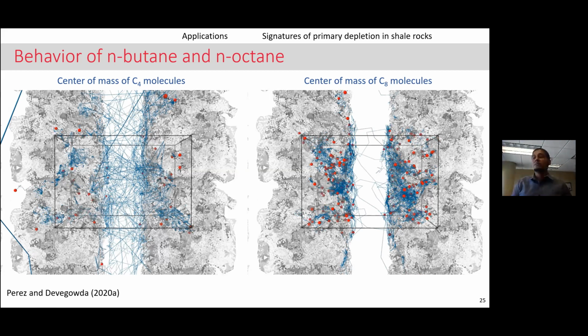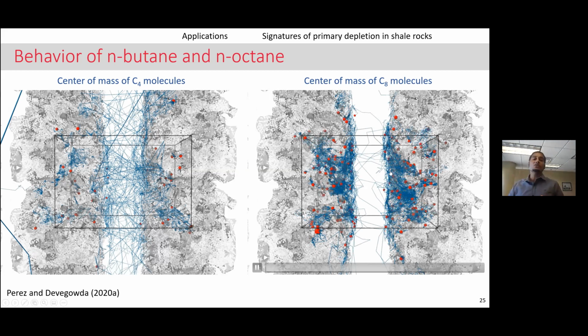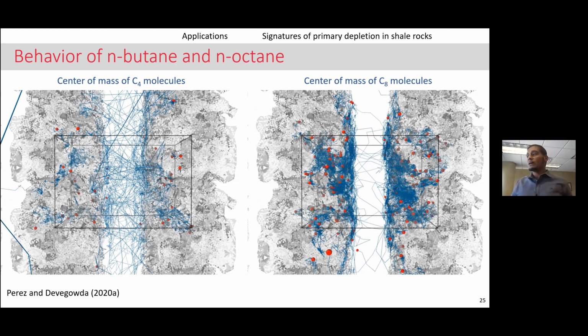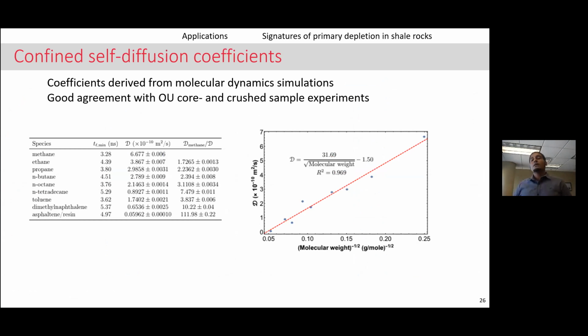And what does that mean? It means that just looking at the trajectories of the molecules, comparing what you're seeing on the left versus what you're seeing on the right, it stands to reason that you're going to be producing more of the lighter species than the heavier species, even though your pressures are above your saturation pressure. Just because some fluid molecules are adsorbed and some fluid molecules are free. And again, depending on the affinity between the fluid molecule and the pore surface, you're going to have different species being produced.